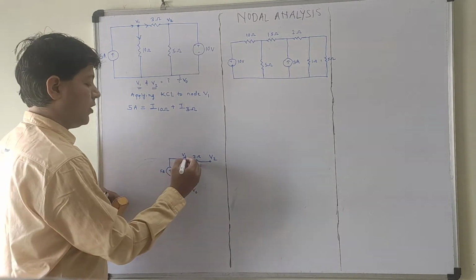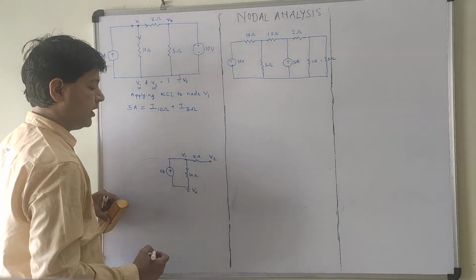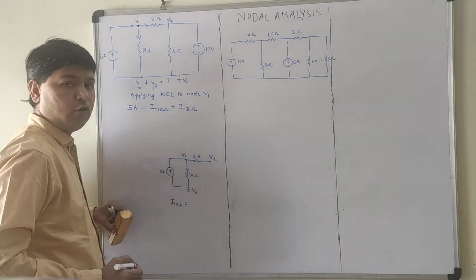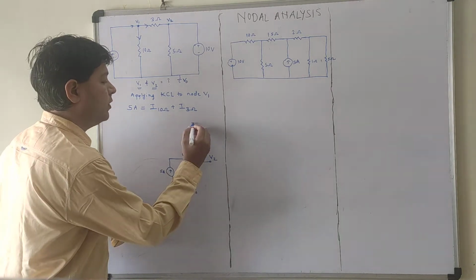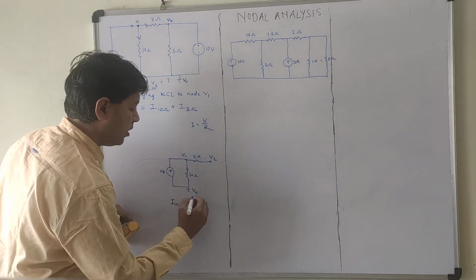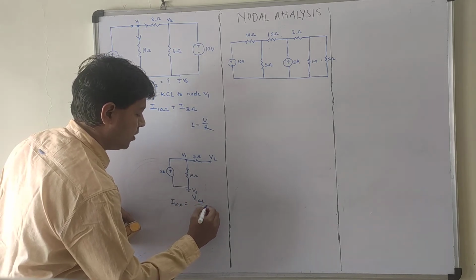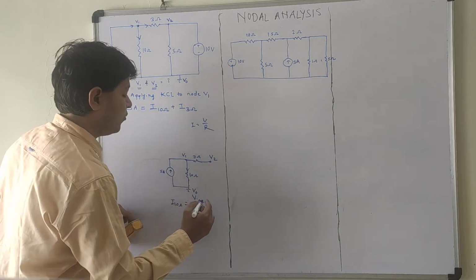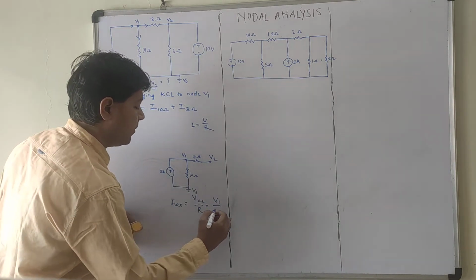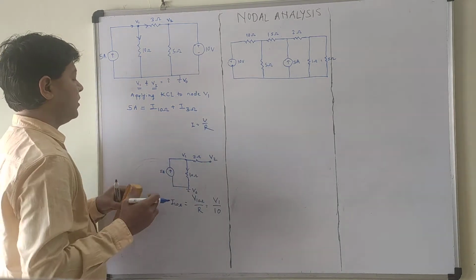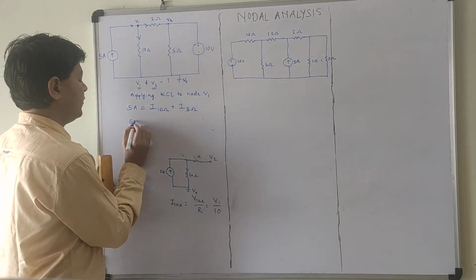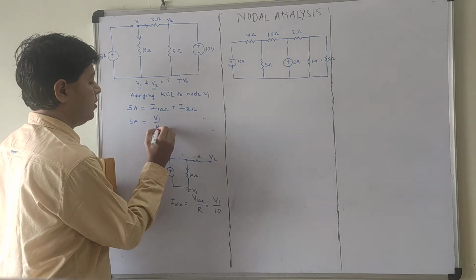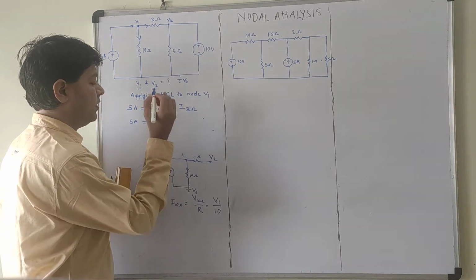Now the current flowing through the 10 ohm resistor, I 10 ohm, is given by I equal to V upon R, that is voltage across 10 ohm upon R. Voltage across 10 ohm in this case is V1, upon the value of the resistor. So the 5 ampere current source is equal to I 10 ohm, which we have calculated as V1 upon 10, plus